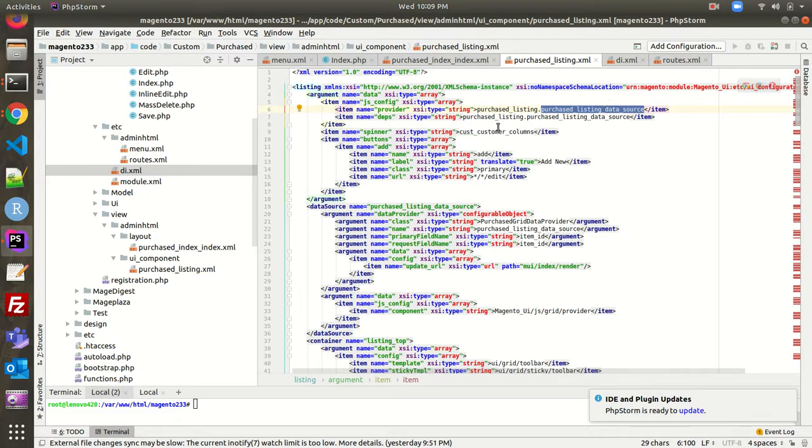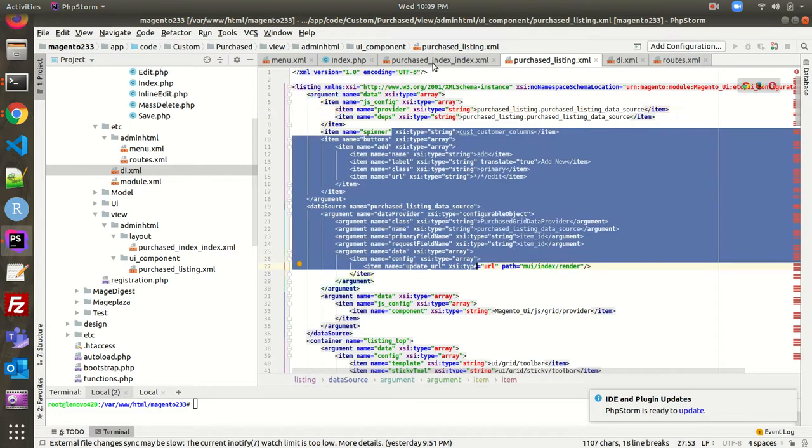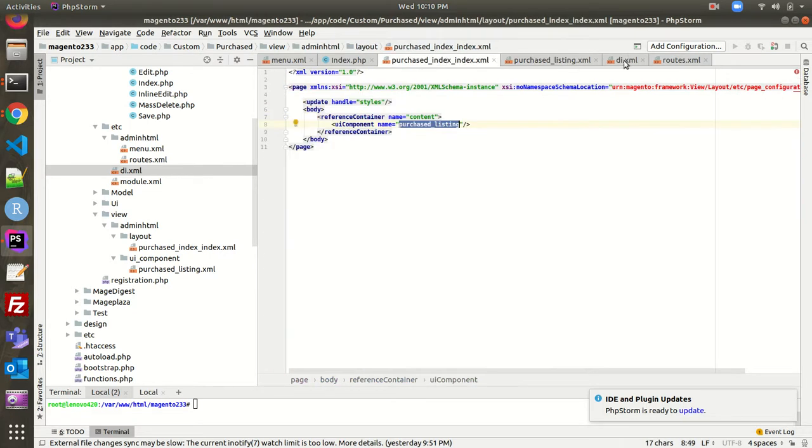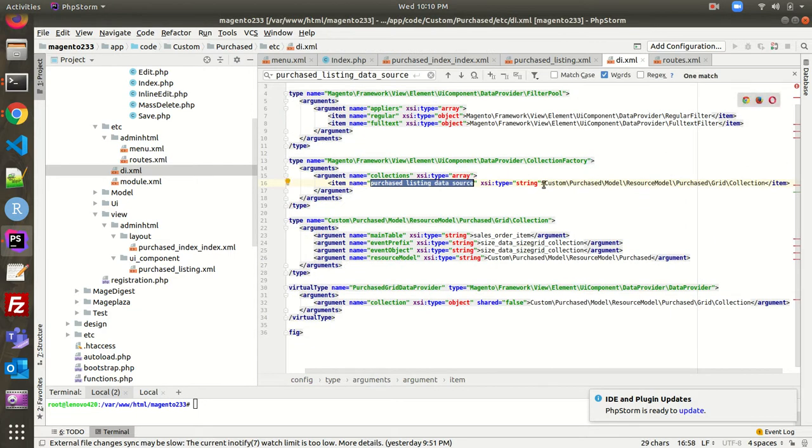I will first go through this file, then I will jump to this particular collection, the file that I have created for the collection purpose. Just keep in mind that we have created a collection, and that collection has been appended with the purchase listing data source, and that data source is being used over here.